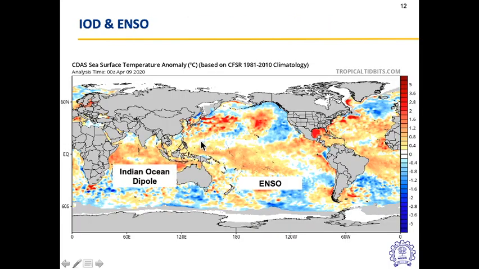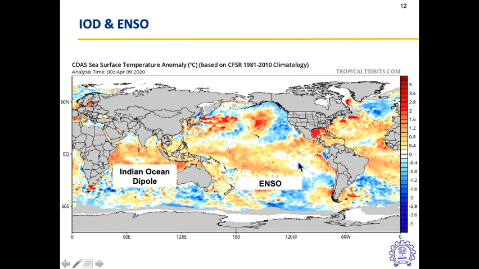IOD and ENSO, which are the last two things, these are synoptic scale systems. This is the Indian Ocean dipole, where the differential heating and cooling between the Somalia coast and the Sumatra coast helps. So this Indian Ocean dipole can either enhance the Walker cell circulation or it can weaken the Walker cell circulation. Same thing with ENSO, which is El Nino Southern Oscillation. The differential heating between the eastern and the western Pacific could lead to ENSO conditions or neutral ENSO or La Nina.